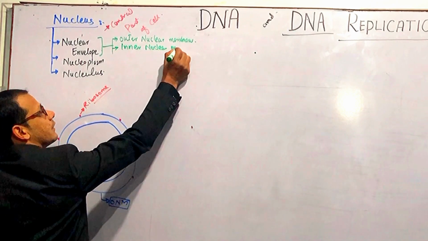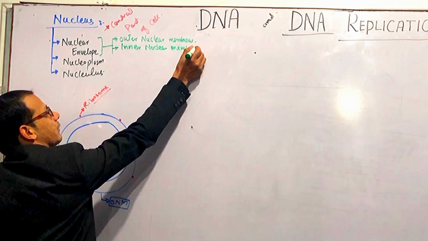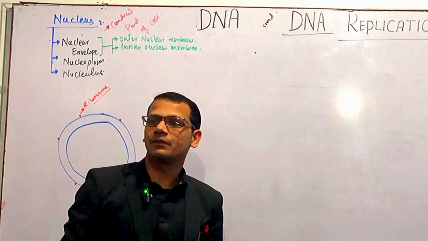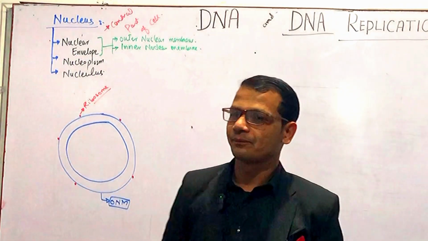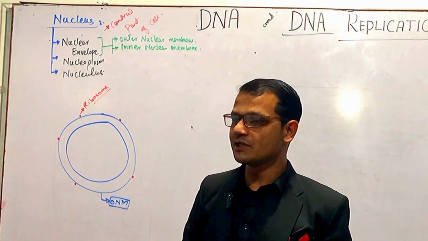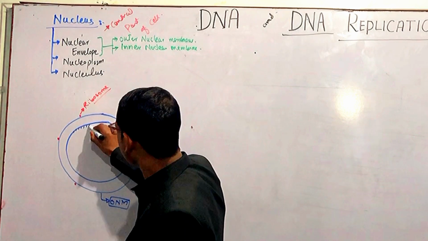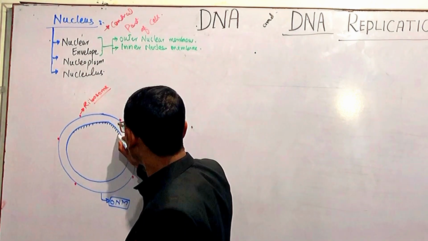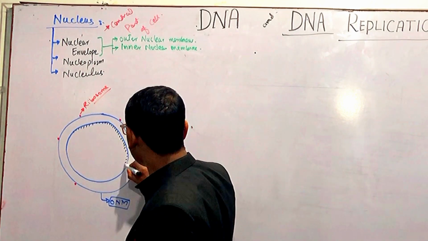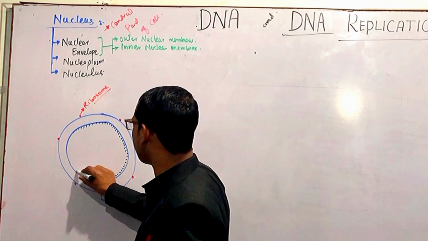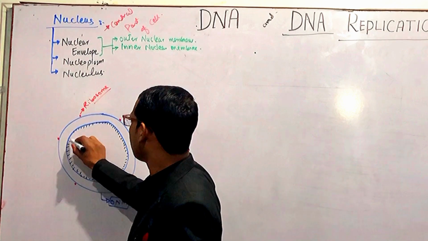What is the main characteristic of the inner nuclear membrane? Lamin proteins are attached to this membrane. Lamin proteins are responsible for attachment of